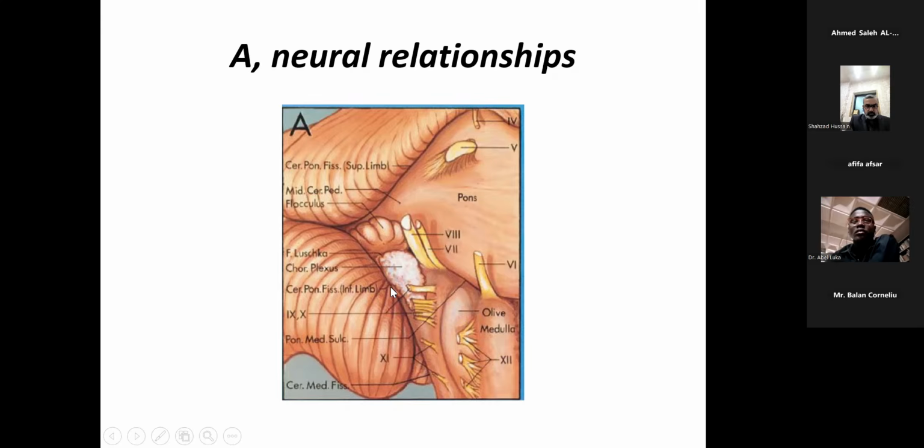The inferior complex can be appreciated here. That is cranial nerve 9, the glossopharyngeal nerve, separated by a dural septum, then cranial nerve 10 as they enter the jugular foramen. This is cranial nerve 11, the spinal accessory nerve, which tends to arise from the olivomedullary sulcus, and cranial nerve 12, which is present further anteriorly in the form of these rootlets, as we can see. Deeper down, their origin can be traced to the level of the hypoglossal triangle, which is present in the base of the fourth ventricle.